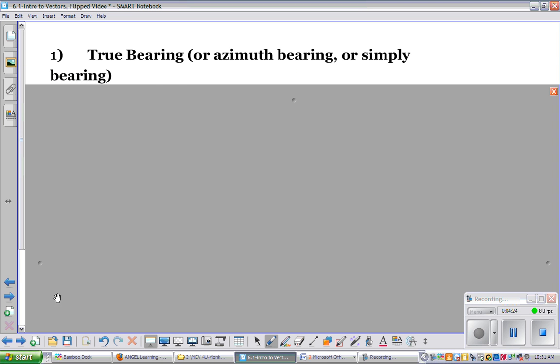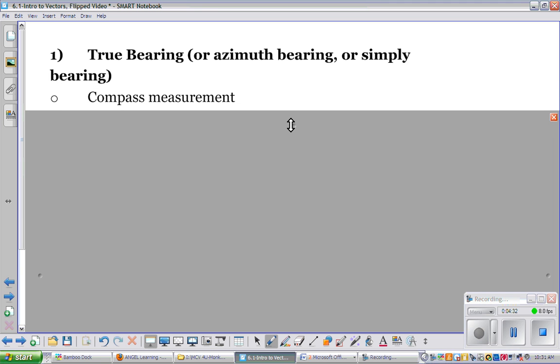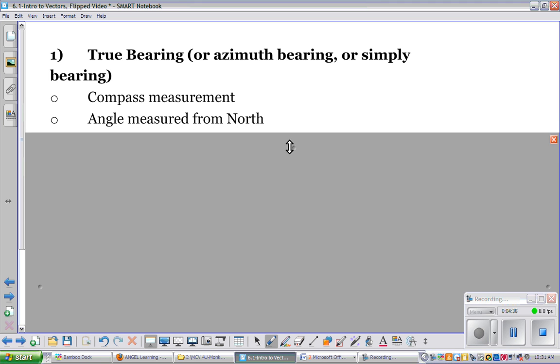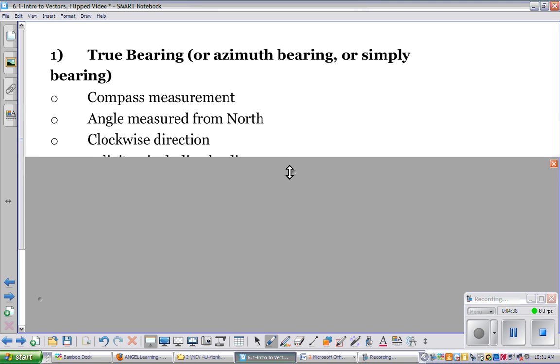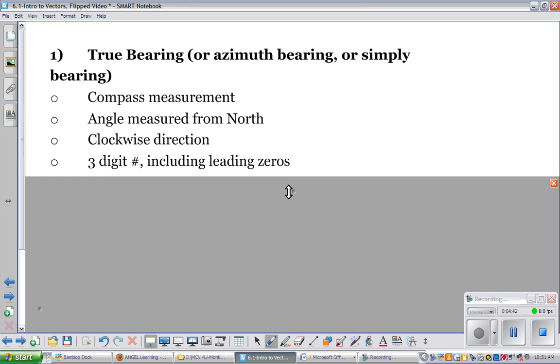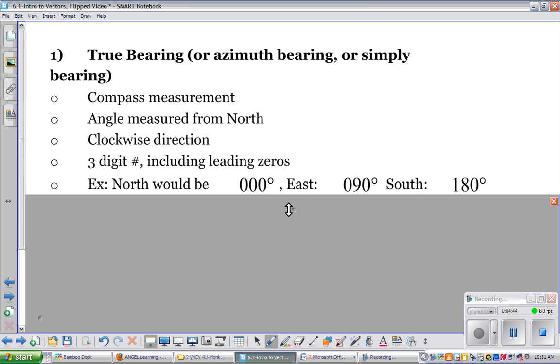And so first, if we look at the true bearing, or simple bearing, or azimuth bearing, here are some different facts that we can look at. It's a compass measurement. The angle is measured from north. It moves in a clockwise direction. It's a 3-digit number, including the leading 0. And so here are some examples where north would be 000, east would be 90 degrees, south would